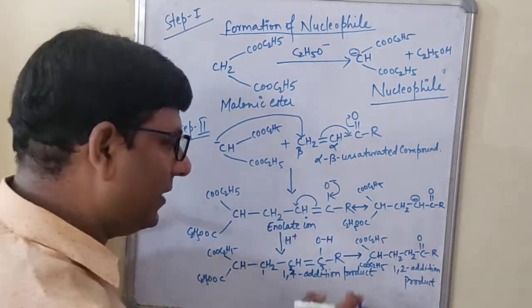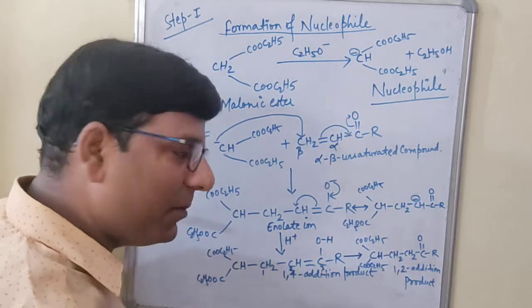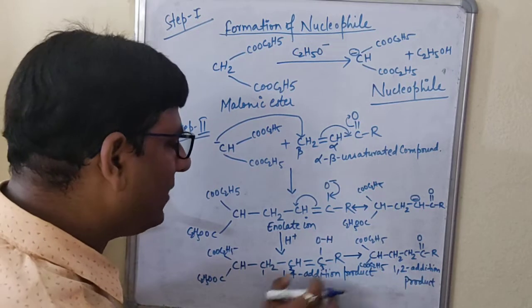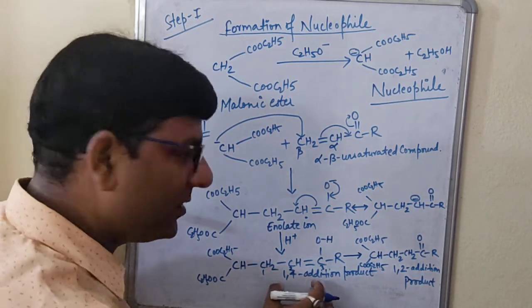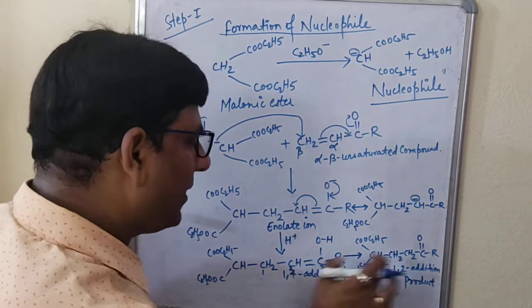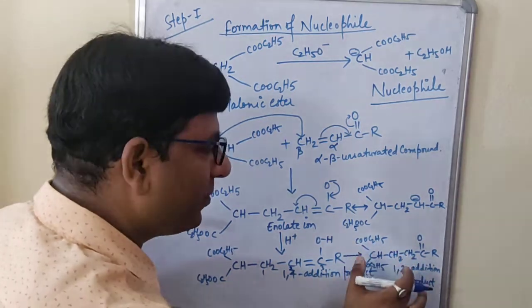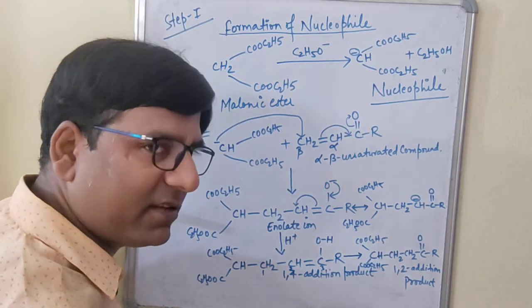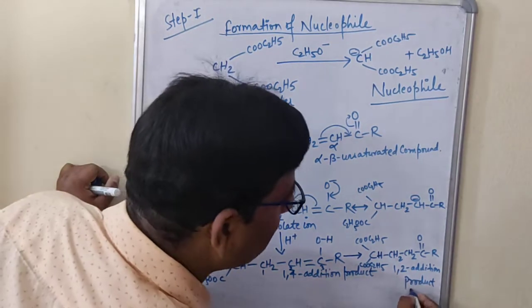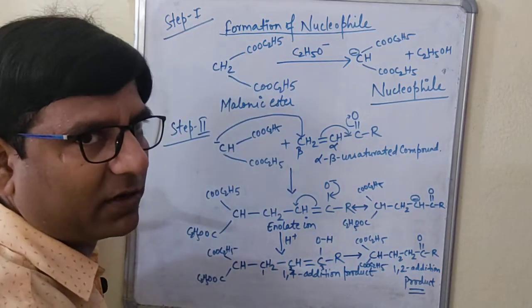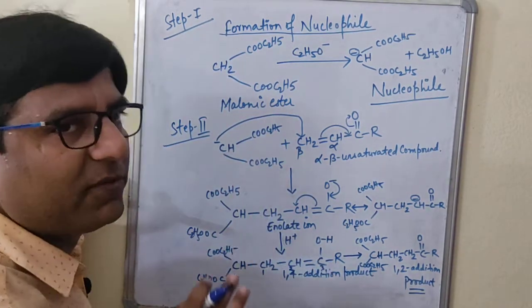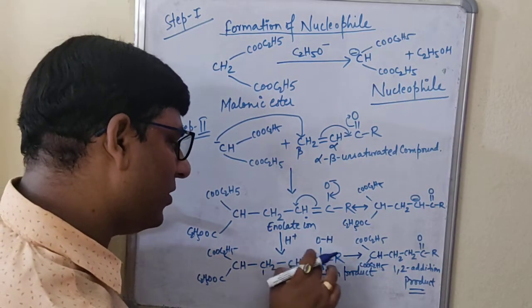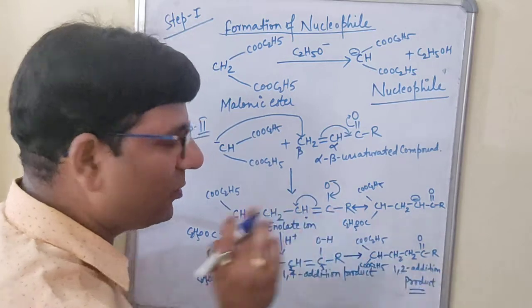As I told you, the product you get out of tautomerism will be the most favored, the stable product. So we get two products, the 1,4 addition product as well as the 1,2 addition product. But out of the two, the 1,2 addition product is the most preferred because of the stability it has due to tautomerism, though the other product is also formed. When this molecule tautomerizes, it will give you the 1,2 addition product.